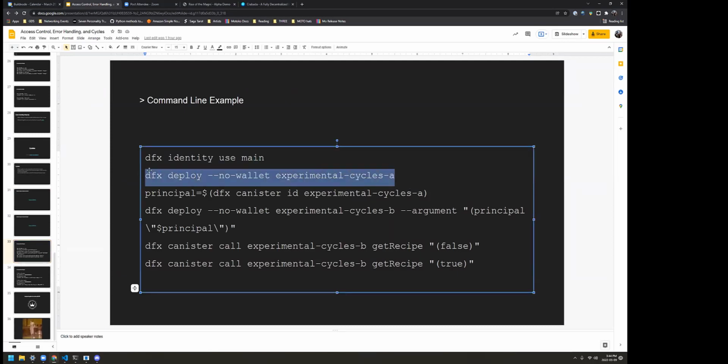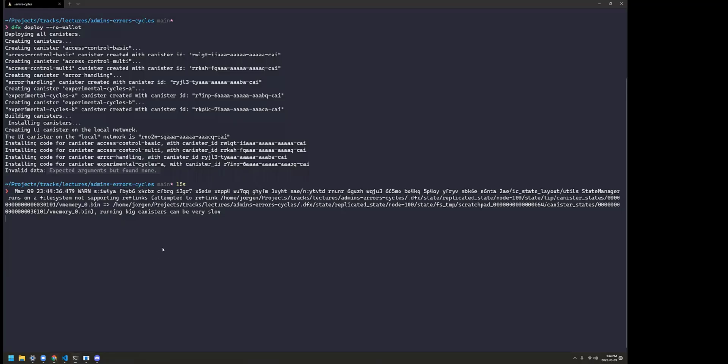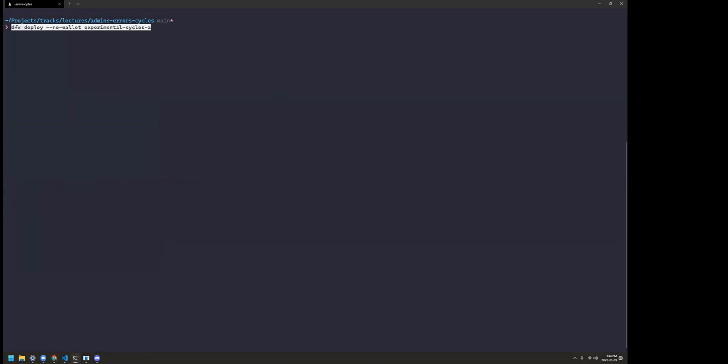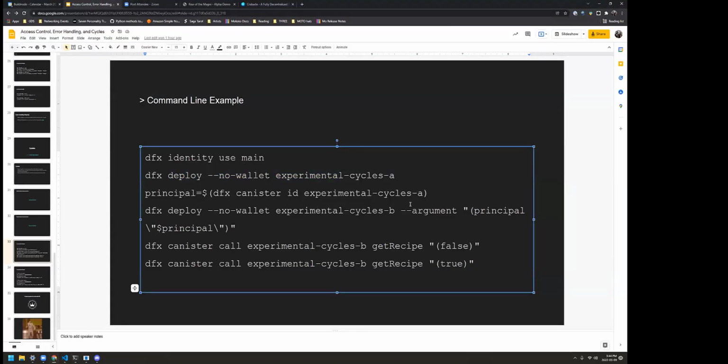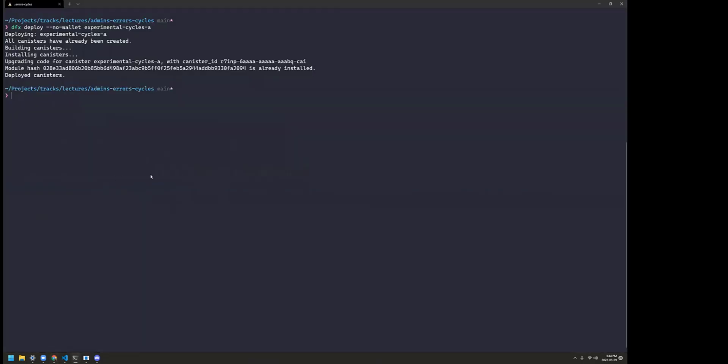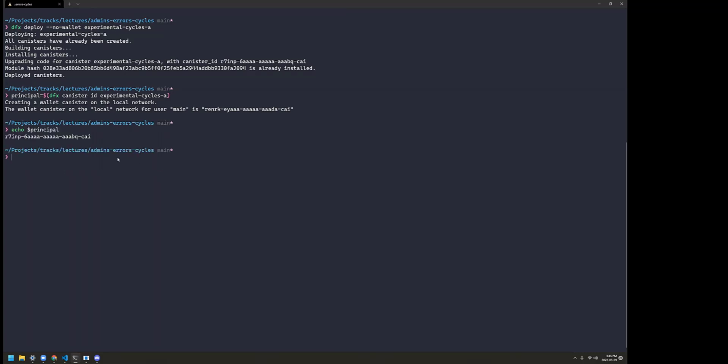All right, so first we're going to deploy the first canister. So this is Grandma's canister here. And then what we need to do is just determine what the principal of that API canister is, and we'll store that in a shell variable. So we now have, if we echo this out, this is the canister ID for Grandma's canister on our local